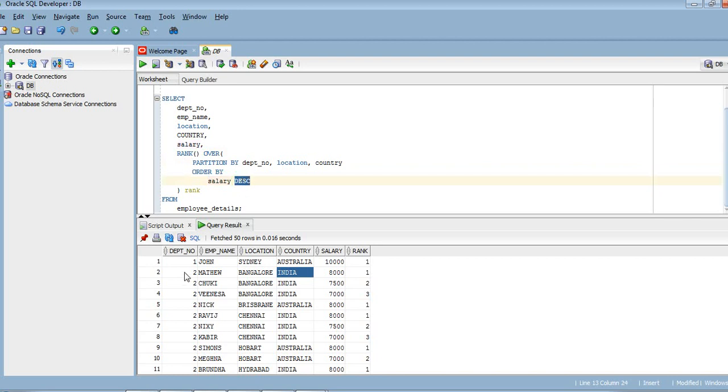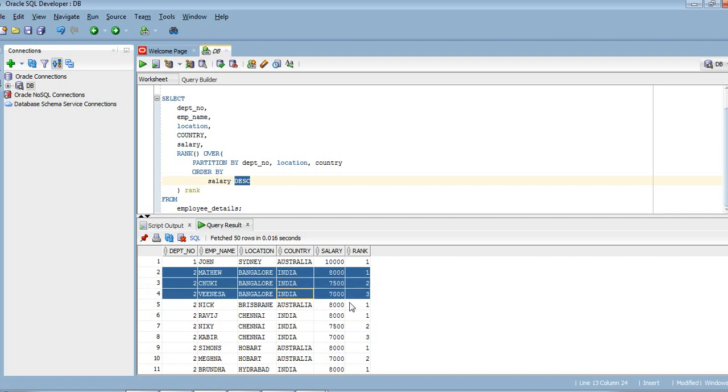So for department 2, location Bangalore, country India, these three employee data are present. These three employee data we have ranked as 1, 2 and 3. In the same way, if only one data or two data is present for this combination, that will be ranked based on the salary obtained.